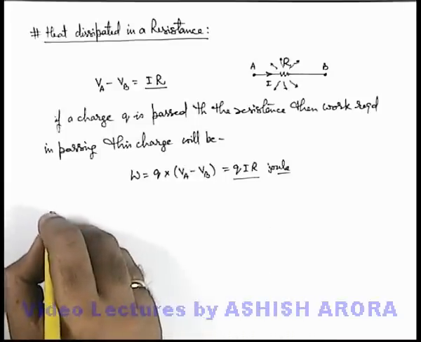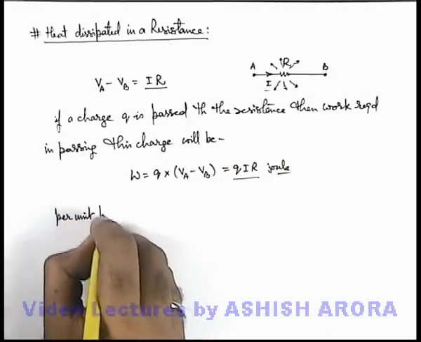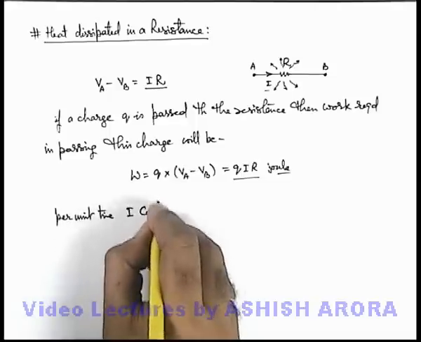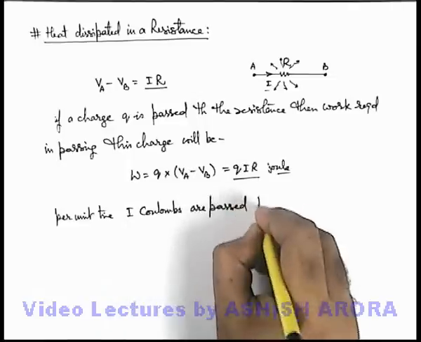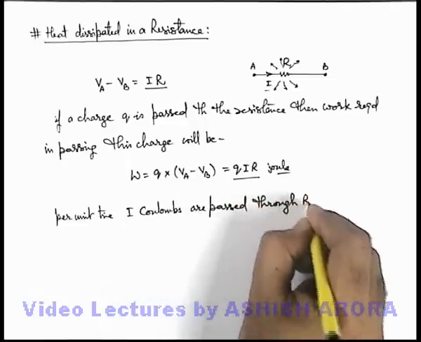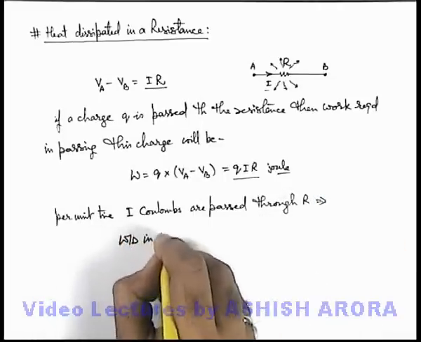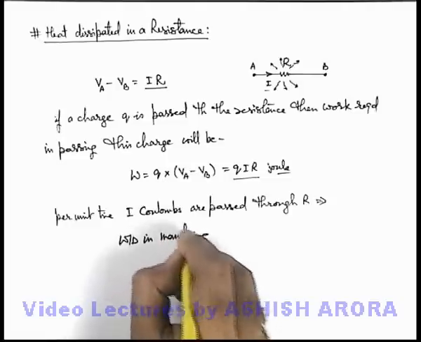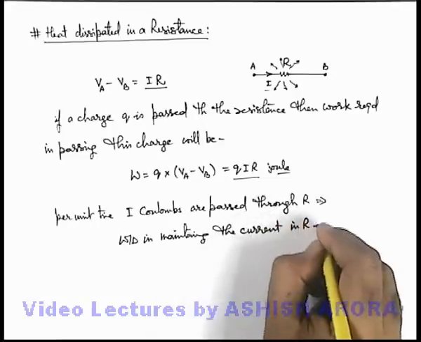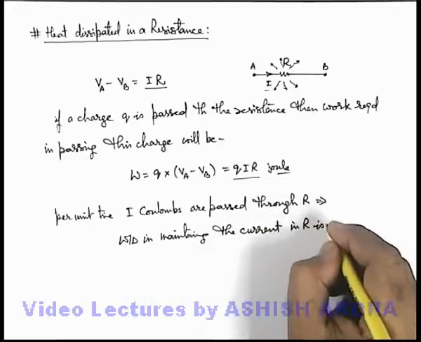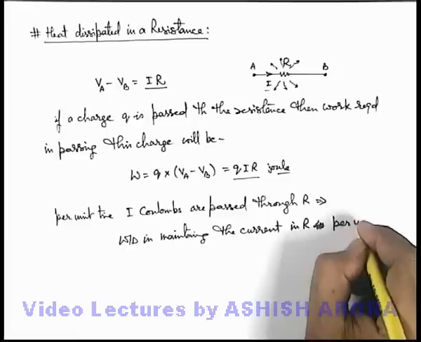Now if I is the current flowing, we know that per unit time I coulombs are passed through R. This implies we can write work done in maintaining the current I in R per unit time is,